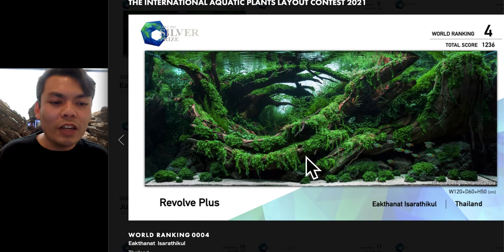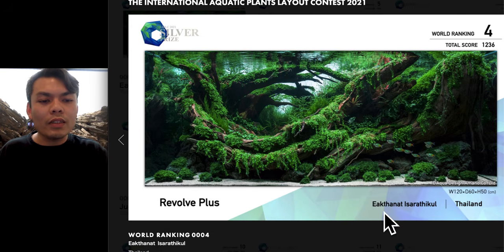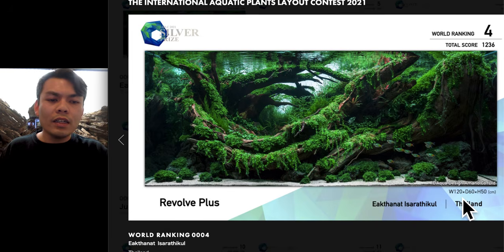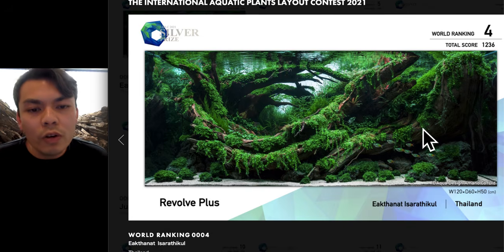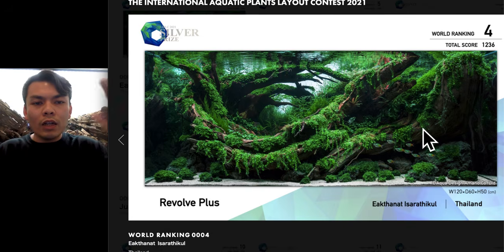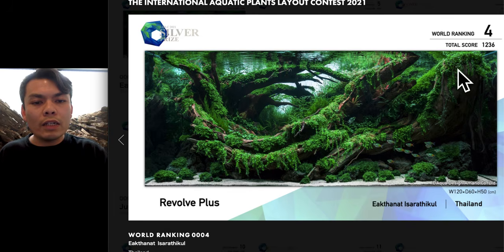Again, I apologize for butchering this name, but it's Ekthanat Isarathikul from Thailand. One thing you also notice is all of these aquariums in the top ranks are your landscape, almost cinematic aspect ratio aquariums. And this one here is a beautiful example of using the whole left to right plane of the aquascape. So we have an almost swirling